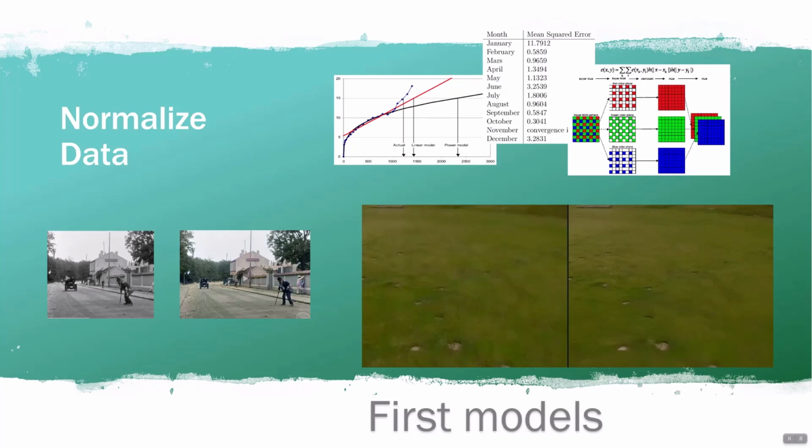Since we want to actually run models and get useful information out of this, what we have to do is normalize our data. This is true for any kind of data. I have some examples up here. Here's some monthly data, and there's some missing, right? With traditional linear thinking, you'll approximate what that value is and add it. Let's say, for example, if I'm trying to upscale an image, so let me take a step back.